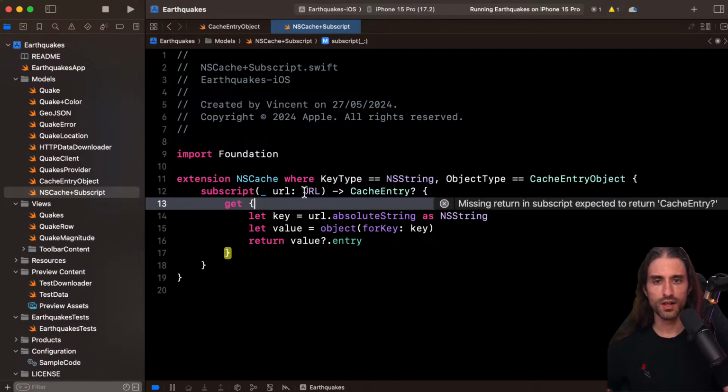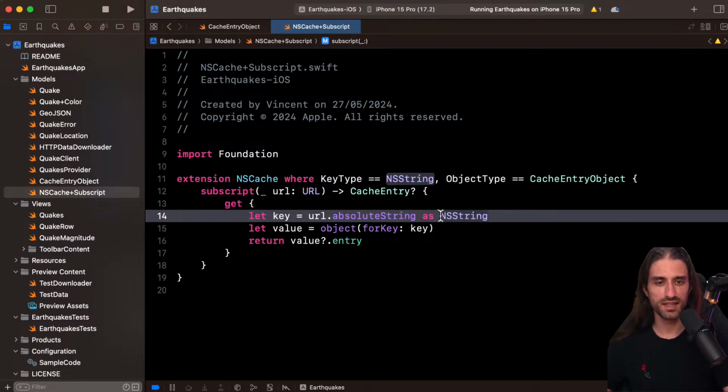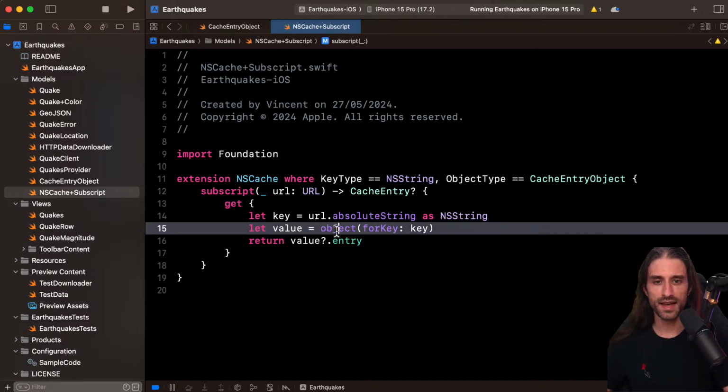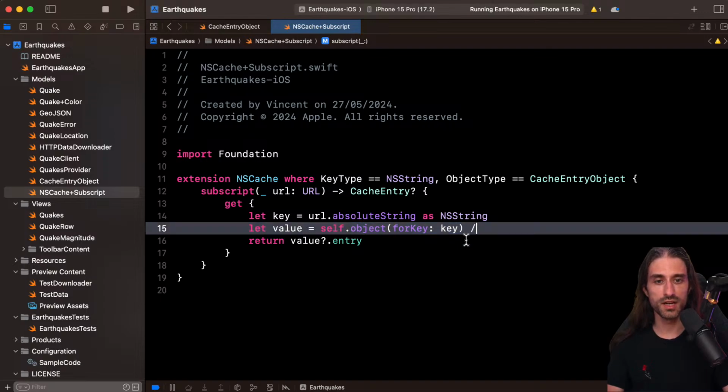In the getter, we take the key, we take its absolute URL, and we cast it statically as an NSString. Then we do object(forKey:), and here it's really self.object(forKey:), so we are calling this method on the cache, very similar to this syntax.